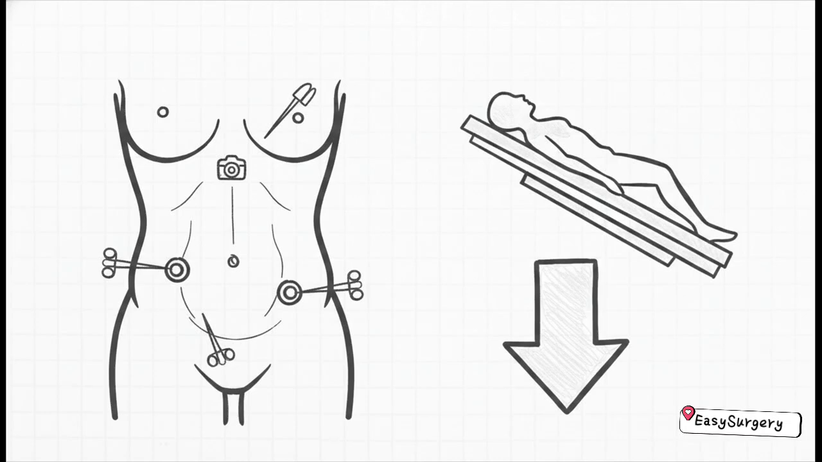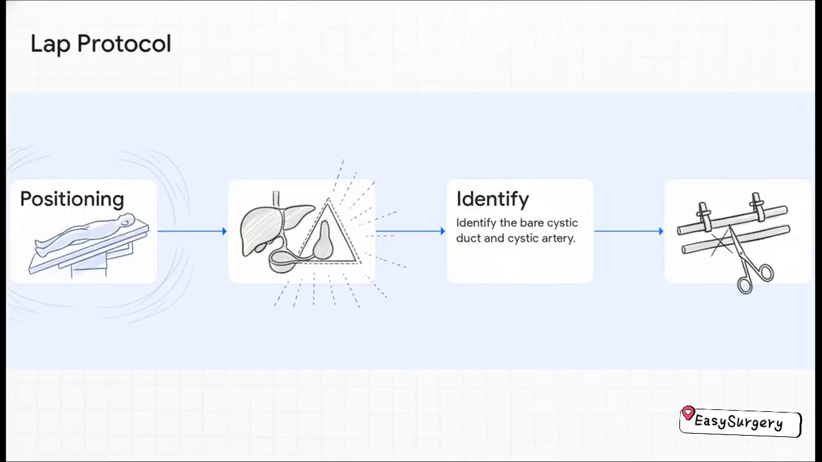And remember, the patient is placed in reverse Trendelenburg, head up, foot down, right side up. Why? Because gravity is your best friend here. It drops the bowel right out of the way perfectly to expose Calot's triangle. Now let's talk protocol, because this requires strict chronology before you even think about dissecting the gallbladder off the liver bed. First, establish pneumoperitoneum, get your positioning dialed in, and then do the absolute most important step of the whole surgery,